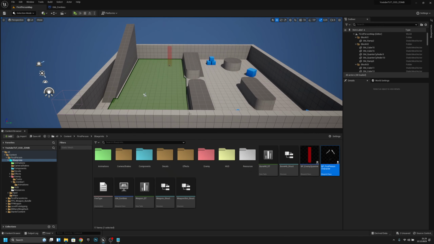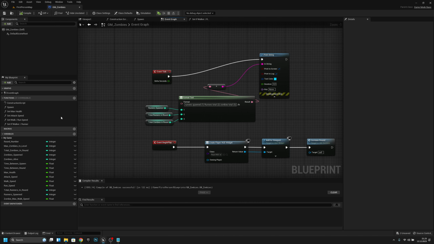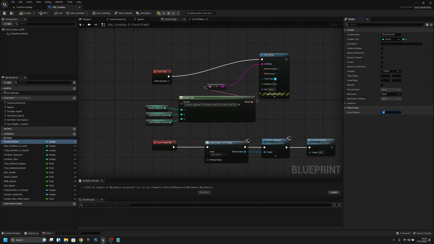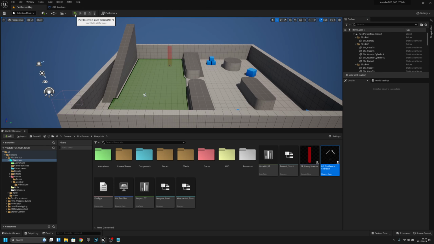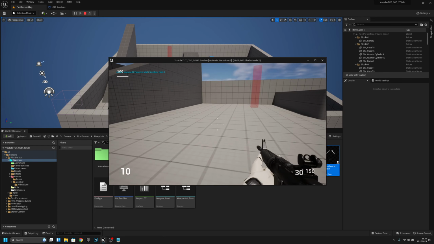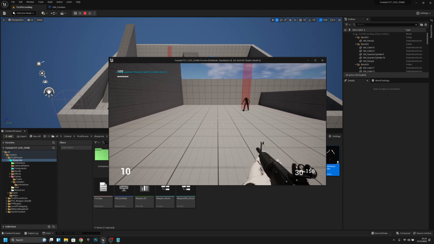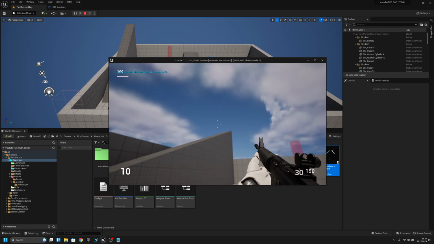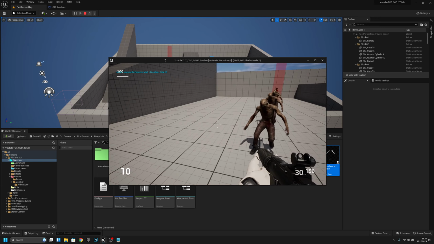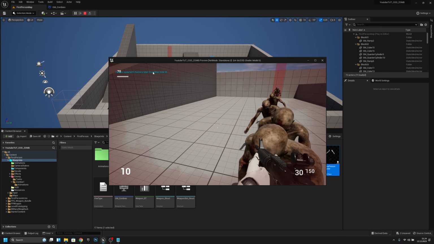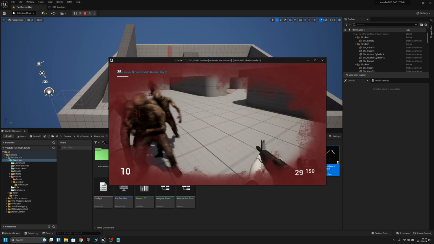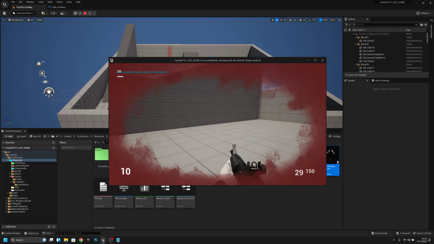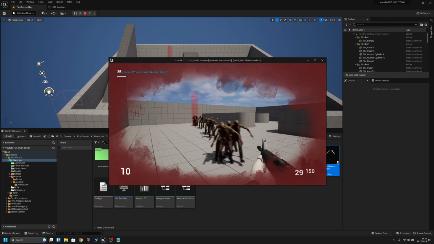Now we're at round 11. I want to go to round 10 because I know for sure that it should spawn half walkers and half runners, and it should spawn 36 zombies. You can see 36 zombies, 18 total runners. And now we can start killing these, and we can check if the runner count